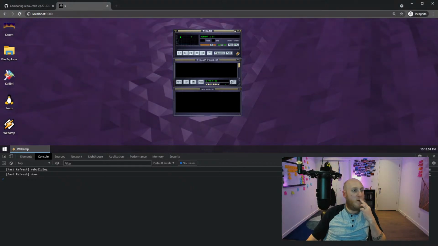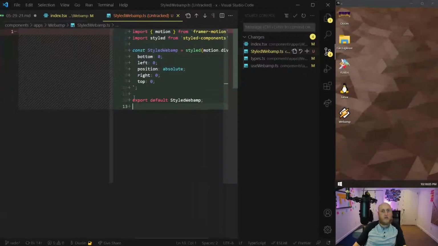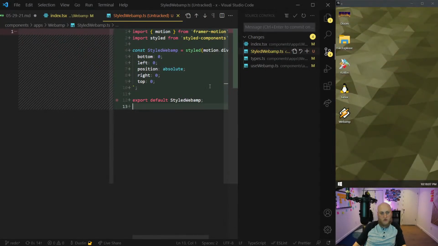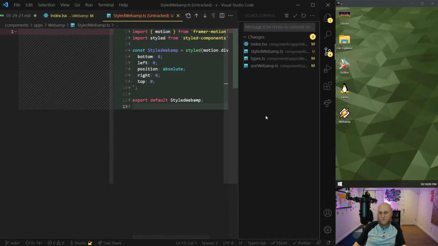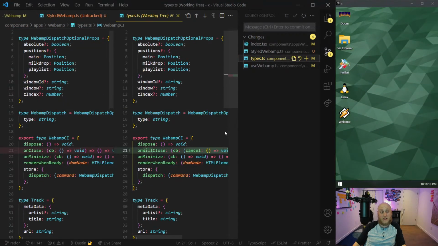So, oh right, I can't minimize yet. That's another problem, but we'll fix that one thing at a time. I've got a ton of focus issues with Webamp, and just in general because of my ADD, which I might not have. I don't want to be insensitive to anybody, but I've definitely got something.